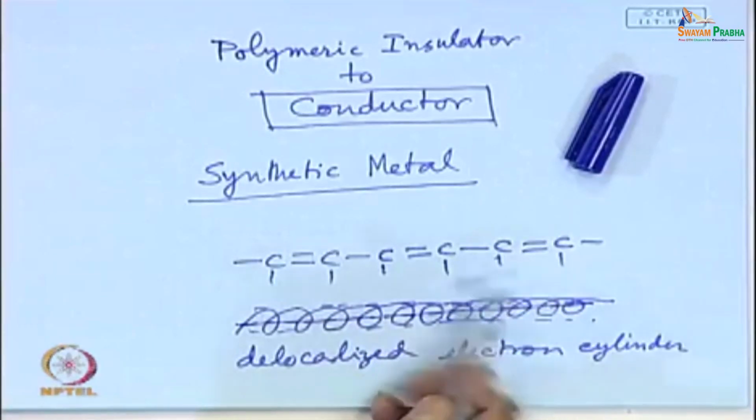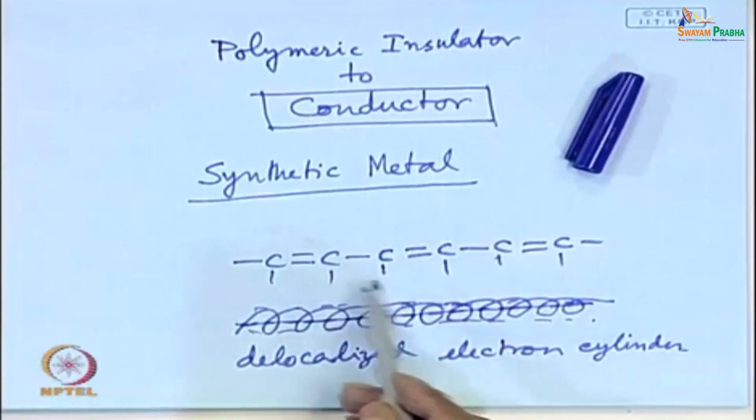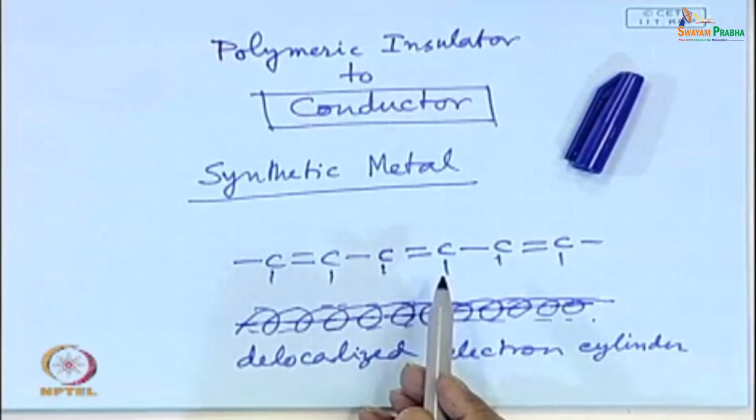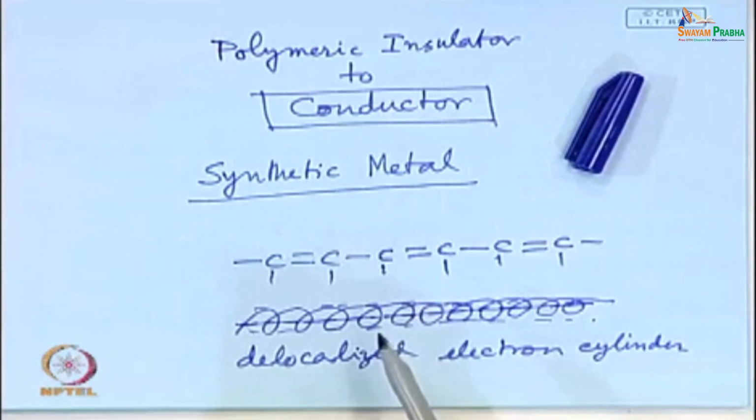Actually, I am telling you the genesis. You can have your key idea like this. You can think of a new molecule over which if you can design a pi electron cloud or electron cylinder, then our purpose is served. Now, actually see this type of system, this represents polyacetylene, because acetylene has got